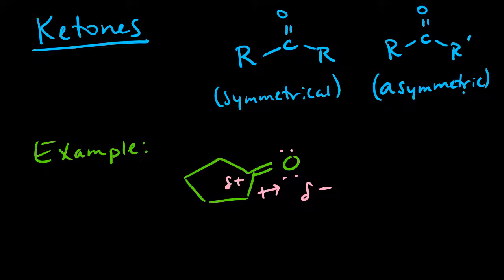Ketones behave similarly to aldehydes, and that's why we kind of group these two together. The difference, of course, as you can tell, is that there are R groups on both sides of this carbonyl in the middle. If the R groups are identical, we say that that's a symmetrical ketone. If they are different, we say that's an asymmetric ketone. Once again, because of the dipole moment and because of the resonance of the carbonyl, you have an electron-deficient carbon